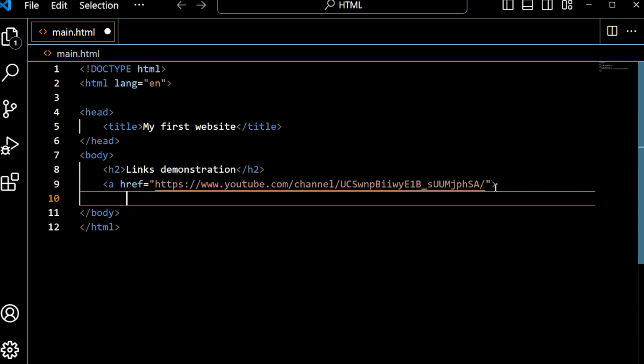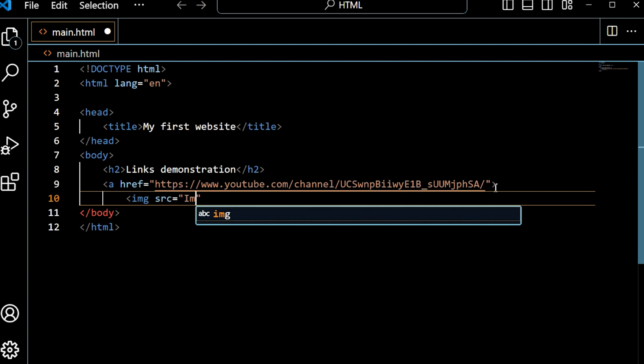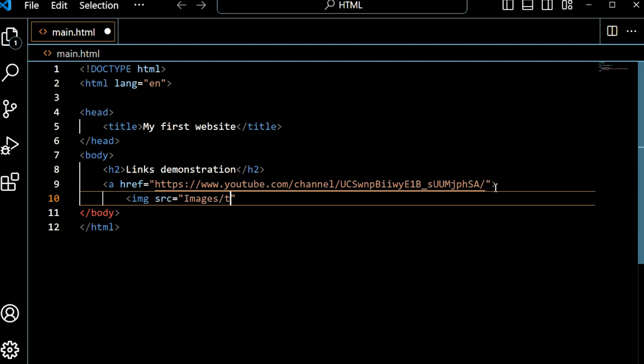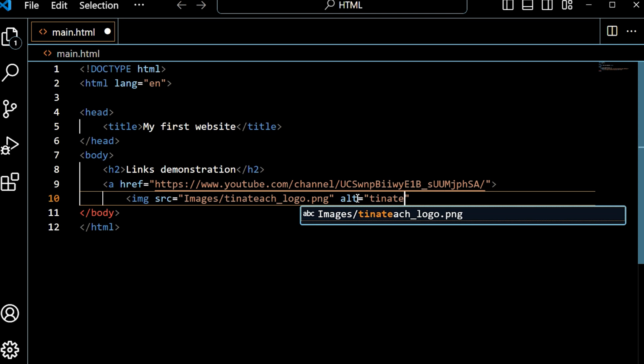Paste the link here, and then I'll have our image tag. Source, images, Tinateach logo, if I remember correctly, .png. Let's have an alt attribute, sorry. Tinateach logo,